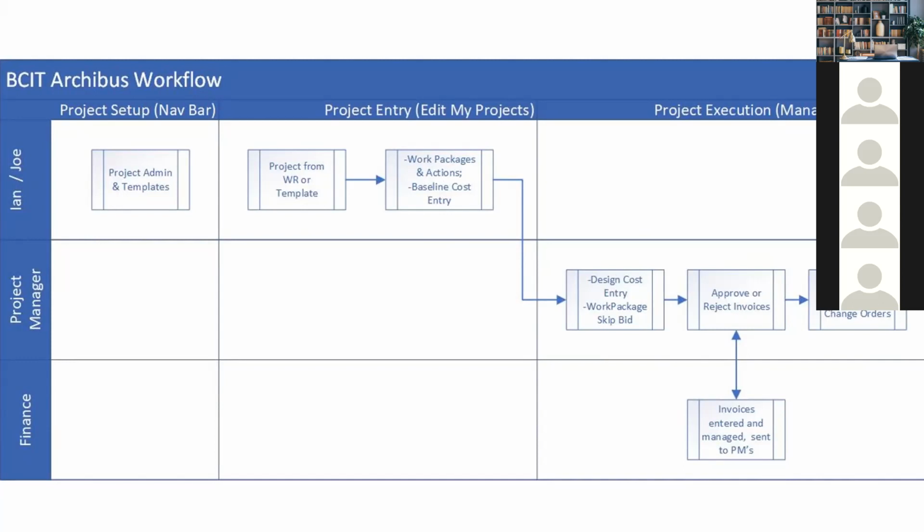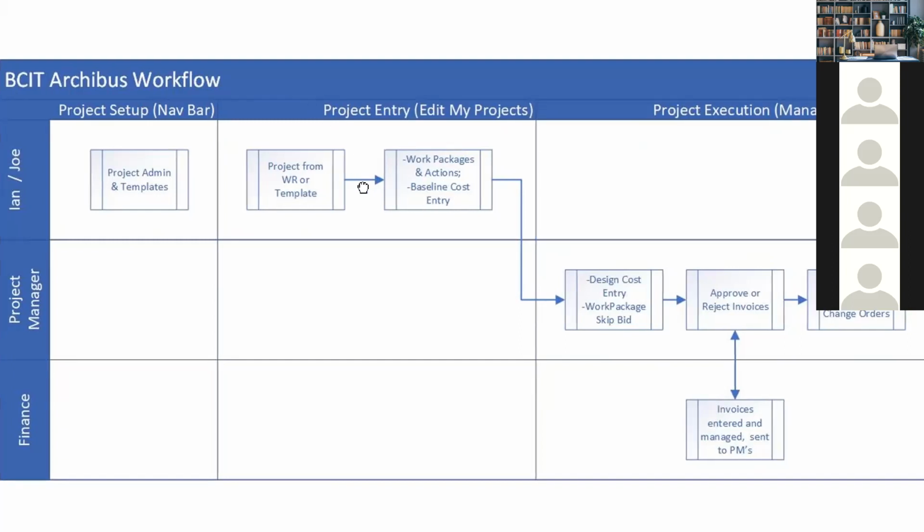At BCIT, there are 3 templates currently in play. One is from $0 to $3 million. One is from $3 to $10 million. One is from $10 million and up. There's also discussion that we've had, that I've had some conversations with Joe and on side with Ian as well, about the possibility of setting up some other flavors of templates as we go along that would allow a little bit of a mix and match of Ian and Joe to set up the core skeletal information and then allow project managers to fill that in. But right now we're dealing with one of those 3 templates,